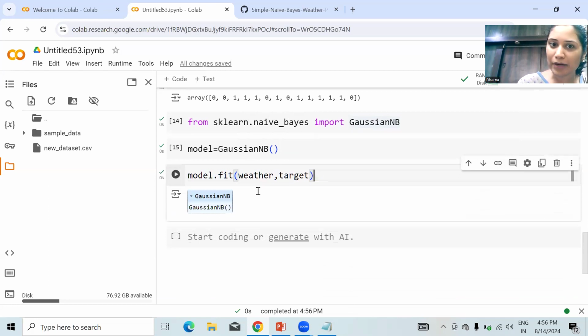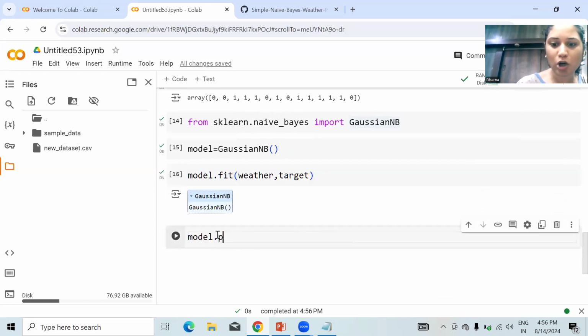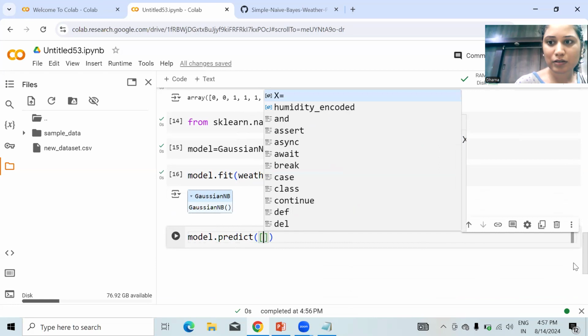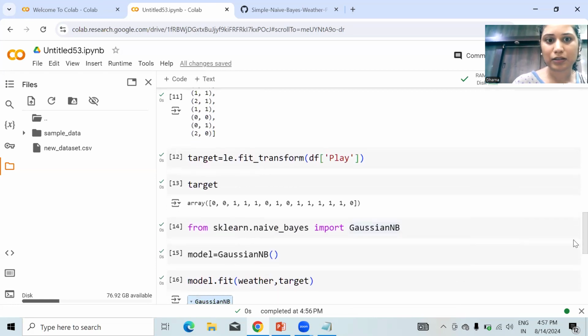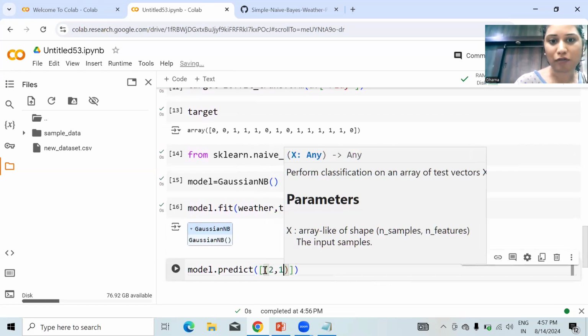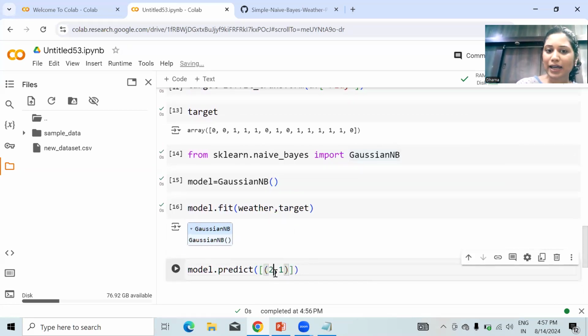Now we can get the predicted values using model.predict. Let's suppose I pass here a list of tuples, like 2 comma 1. This means my outlook has value 2 and 1 is the humidity.